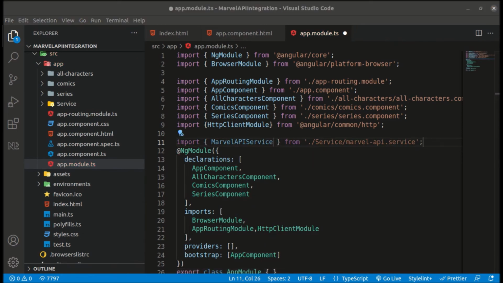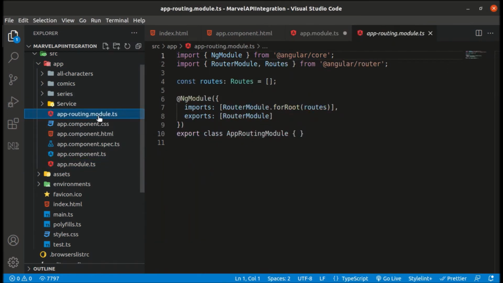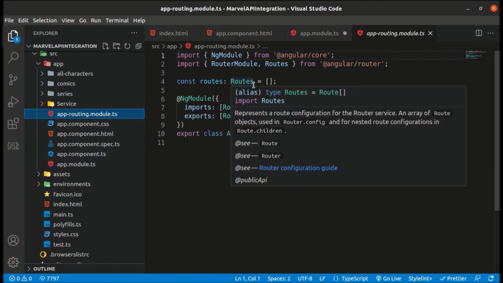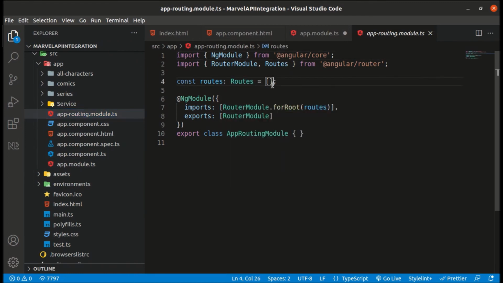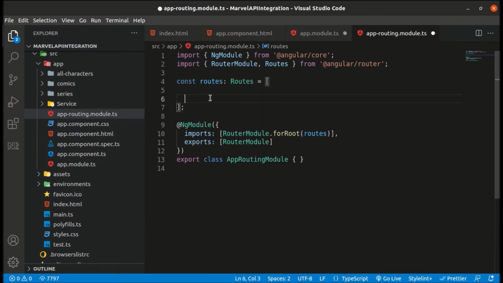Now let's move to our next part, which is creating routes or changing our routing module. So this is our routing module, and let's add routes here, so that when we click on any link, it will not refresh the page, it will only refresh the component.